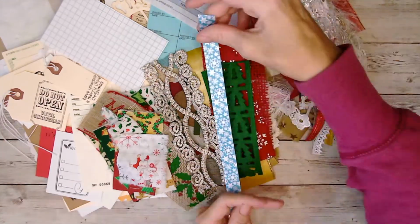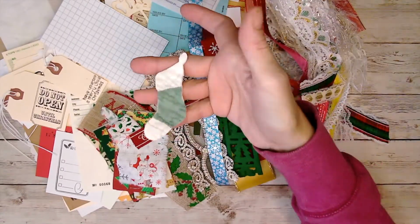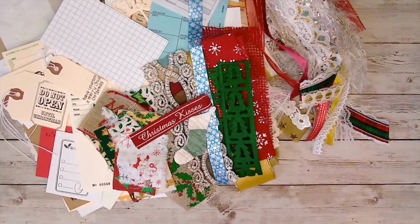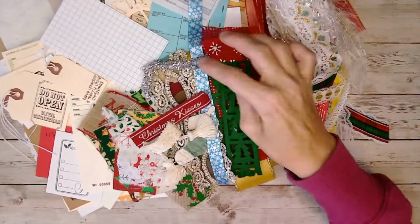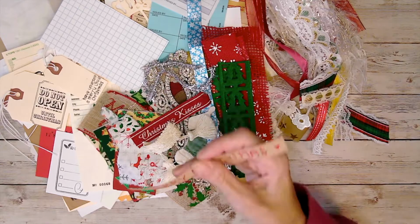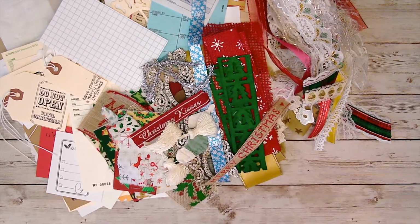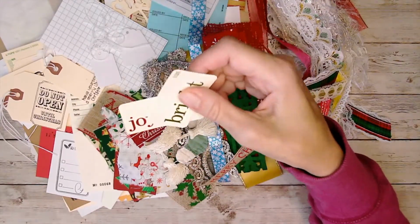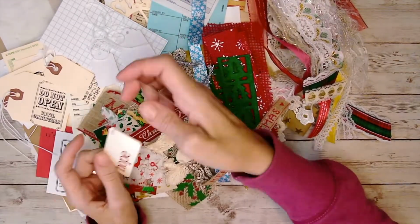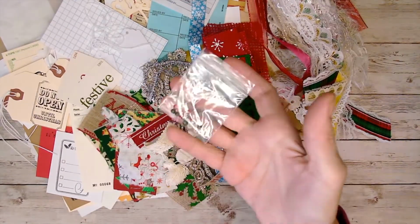And you'll get this piece of ribbon, this one that says Christmas Kisses, a little stocking, little tassels, some tinsel twine, a ribbon that says Merry Christmas, little tags, get 3 of them, and a couple Tim Holtz words, Bright, Joy, Hope, and Festa are on those ones. Those could be different. You get a pack of seed beads,